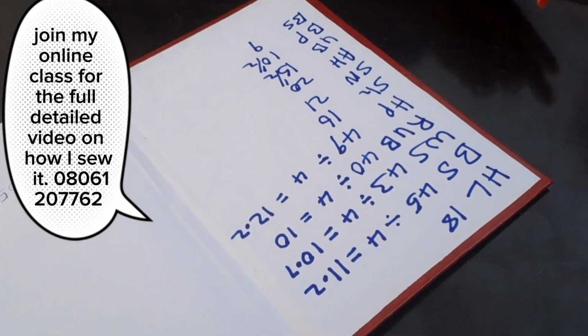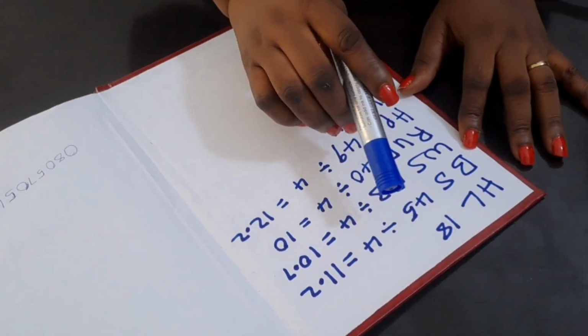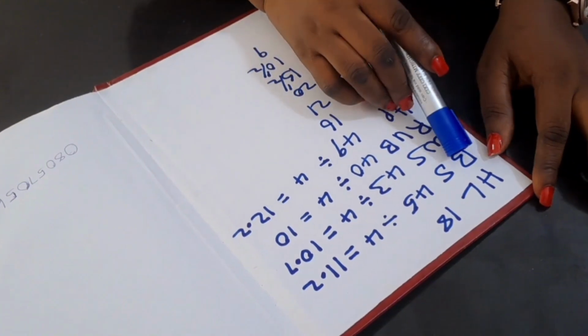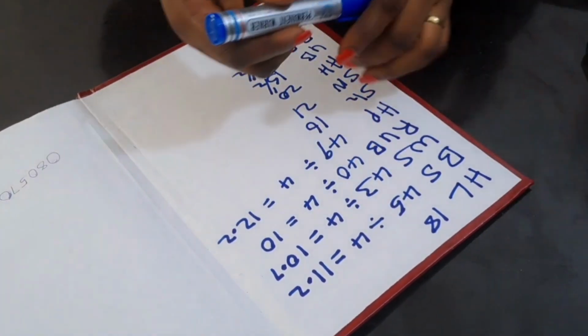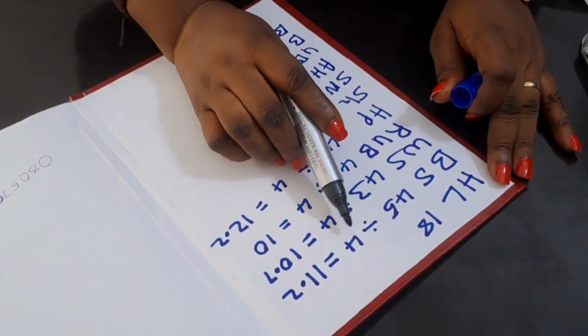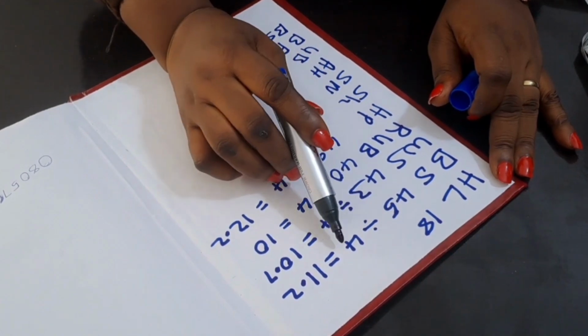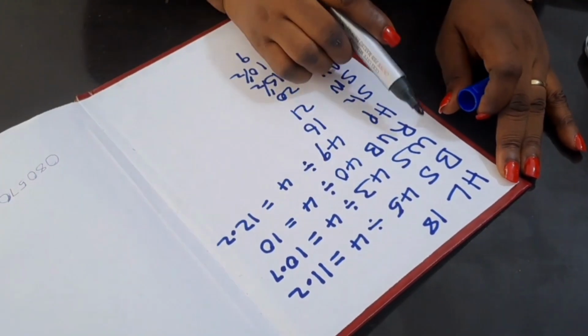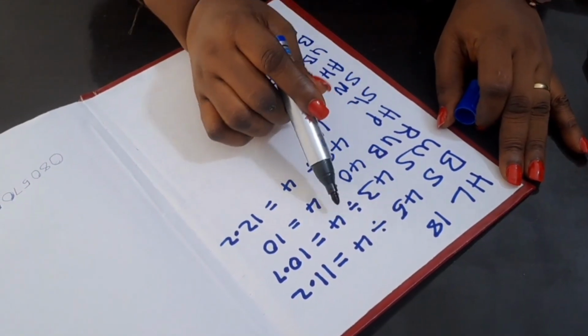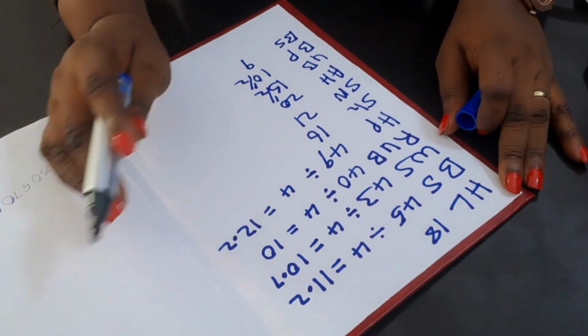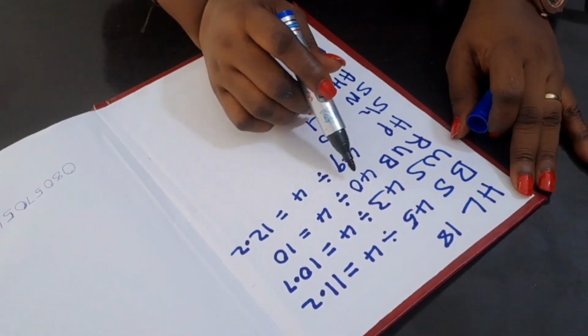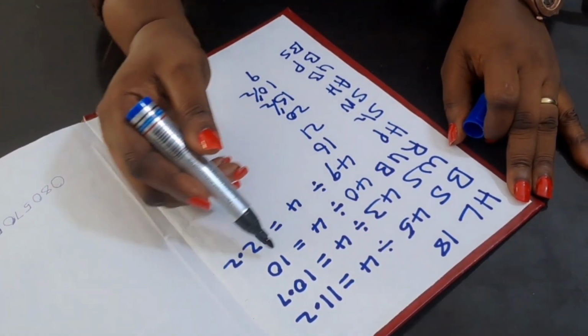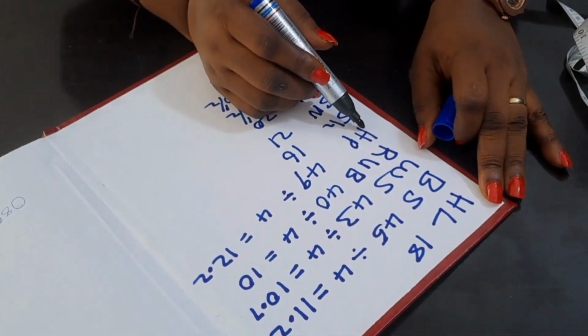So the measurement here is half length 18, bust measurement 45 divided by 4, which is 11.2. The waist is 43 divided by 4, 10.7. Round on the bust 40 divided by 4, 10. Hip 49 divided by 4,